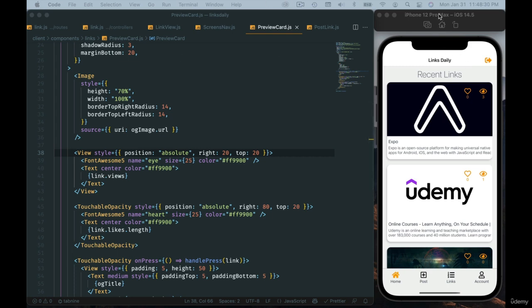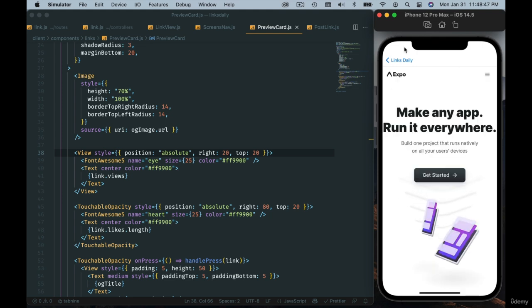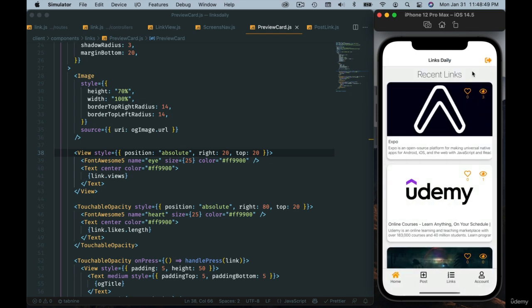All right, so we want to fix a couple of things here. First one is, if I click here, nothing happens, it doesn't change unless we reload the screen, so we have to fix that. So at the moment it doesn't work. So what we're going to do is, instead of waiting for the server response, we're just going to find the link that is clicked, okay, and then update the link's views, just increment by 1, and we're going to just make that change in the context so that it is immediately